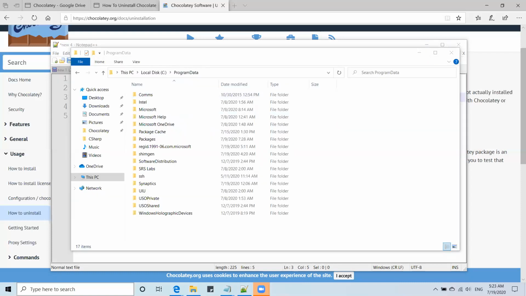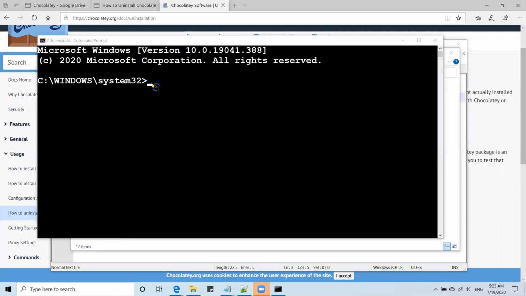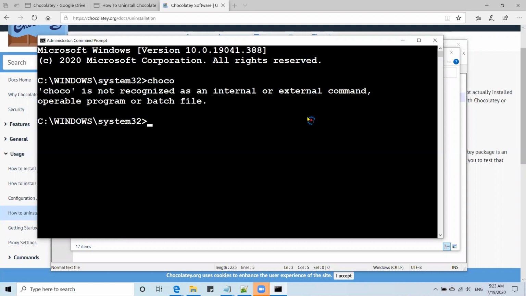We had better take a fresh command prompt. So I'll check choco again here. You see that choco is not recognized as an internal or external command, operable program or batch file. So it is not there now.